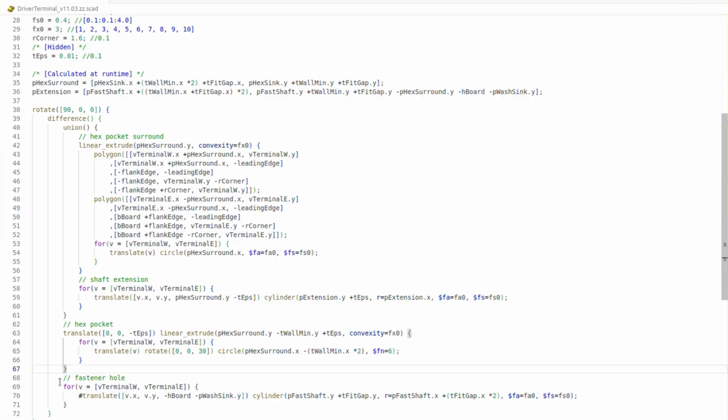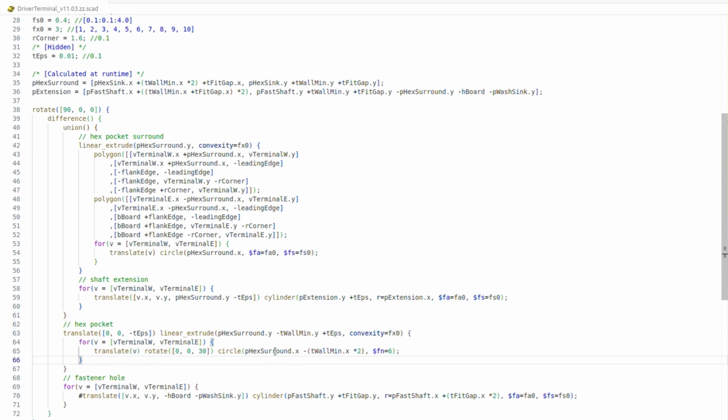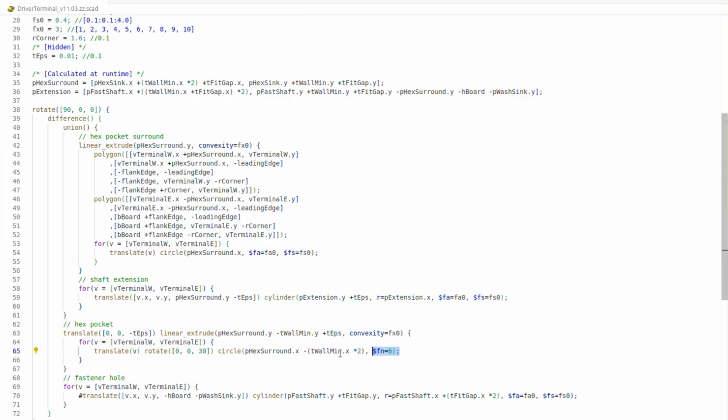Let's add another simplification to our code. You notice how these fastener holes here are basically made with 2 lines of code, but the hex pocket actually takes 3 lines of code for essentially doing the same thing, except that the cylinders are 6-sided rather than smooth. Well, when we created the hex pockets, we actually created a 2-dimensional circle and then linearly extruded that circle into the shape of this hexagonal cylinder. Well, we can actually avoid all that by creating a hexagonal cylinder using the 3D primitive of cylinder, because this $fn business over here, which tells OpenSCAD how many sides this circle must have, that $fn value also works on